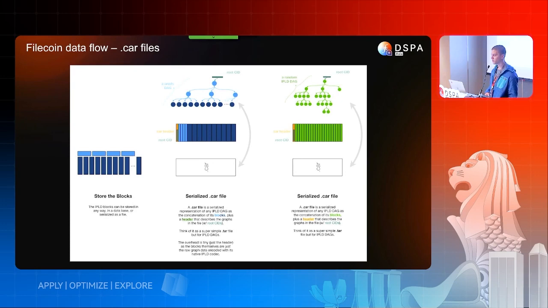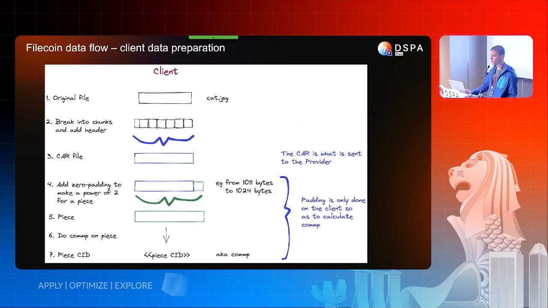As you know, the initial data preparation step is to basically build a car file out of the user data. So imagine if you have a collection of, let's say, photos that you want to publish to Filecoin. You first need to build a car file out of them, which is basically a content addressed archive, which provides a collection of all your files, and then later on you can access the individual files within this archive. So once you have the car file produced,